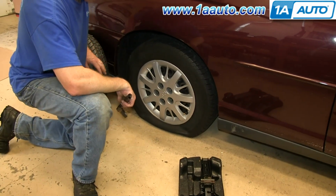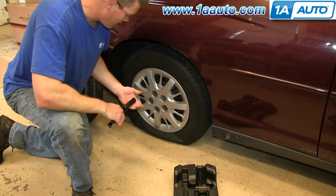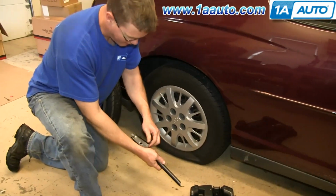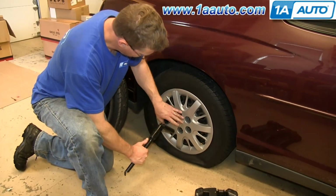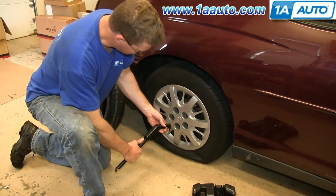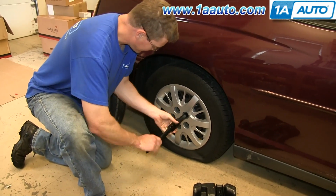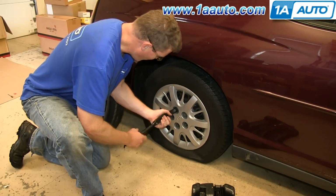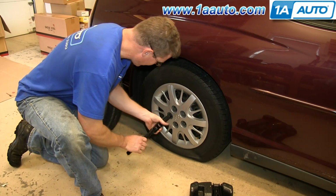Okay, so now we're here at our tire. You can bring this right along with you to hold your stuff. Like I said, it's a combination activator for the jack as well as a lug wrench. This car has a hubcap. A lot of times on GM cars you'll have these plastic safety caps. You just take your little activator and you either remove these caps fully, or in this case these caps kind of stay in the hubcap